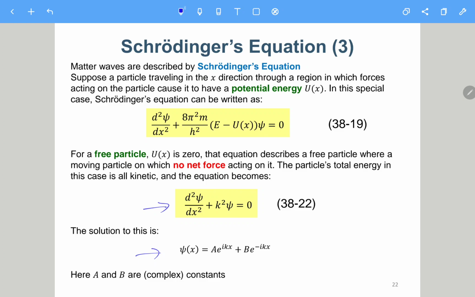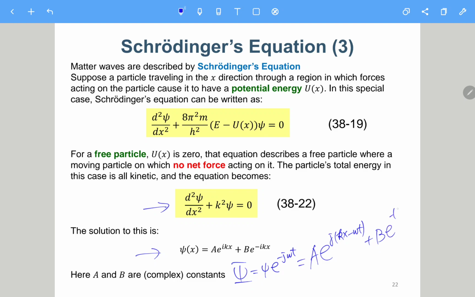So if you just multiply back, this is the big phi, which is phi times exponential to minus j omega t. So it becomes a times exponential to j kx minus omega t, and then plus b